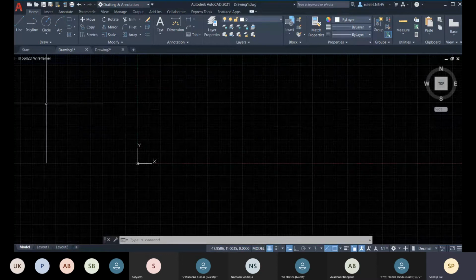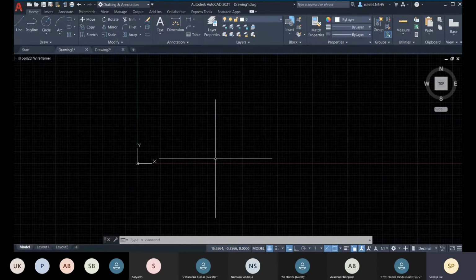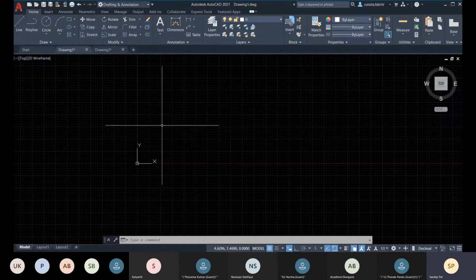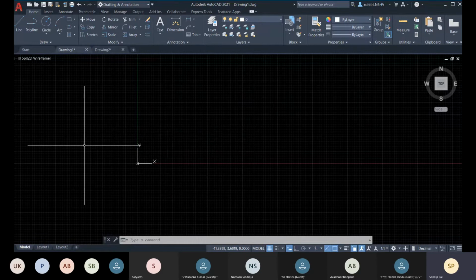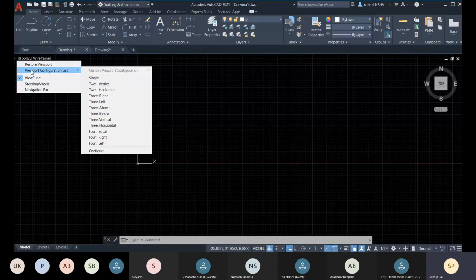Now you see that one plus symbol is hovering on this viewport. This is called the crosshair. Now let me click on this viewport control menu. Here you can see the viewport configuration list option. Within this list you can choose.